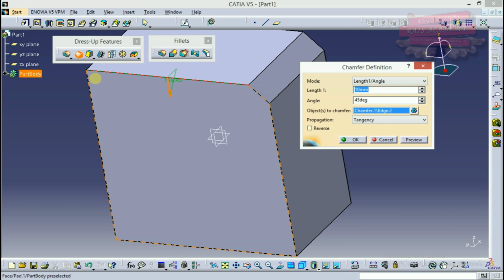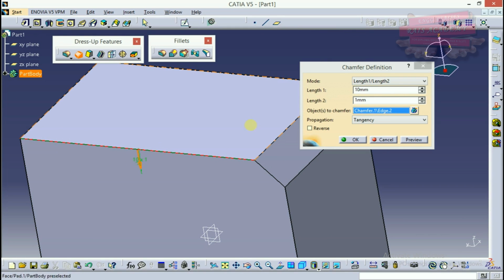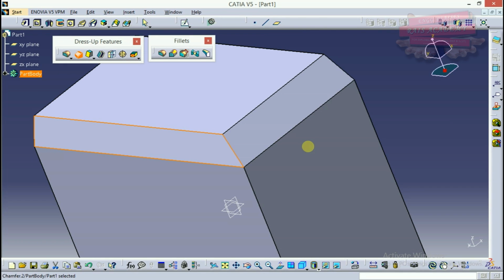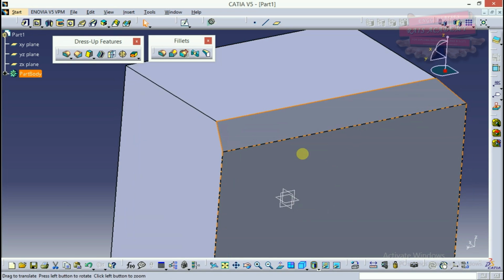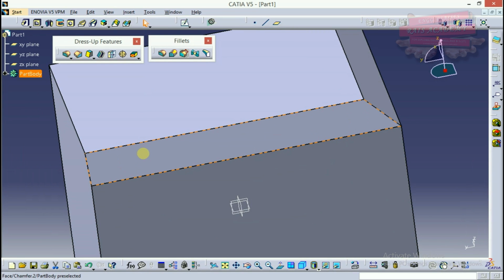Okay, I have selected this face. Now I'll select length 1 and length 2. I want 5 from one face and 10 from the other face. So 10 from this face and 5 from this face, it should be doing. Now when I click, what you get over here is a chamfer of length 5 and 10.